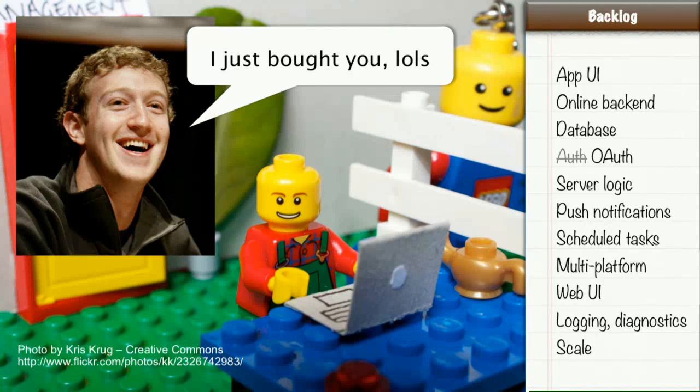So this is a terrifyingly difficult problem that you've got here. All that stuff you've got to implement, and you just wanted to build a mobile app. Wouldn't it be nice if instead of building all that stuff yourself, you could use a backend that already just existed, and you could just sign up to it? And that is obviously the promise of backend as a service, and that's what I'm going to be talking about today.